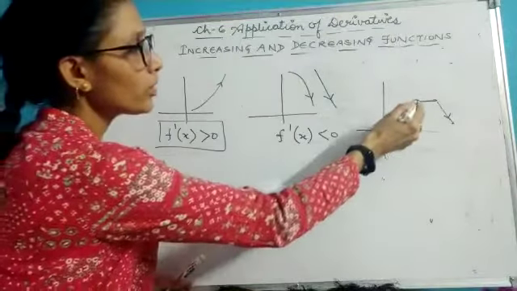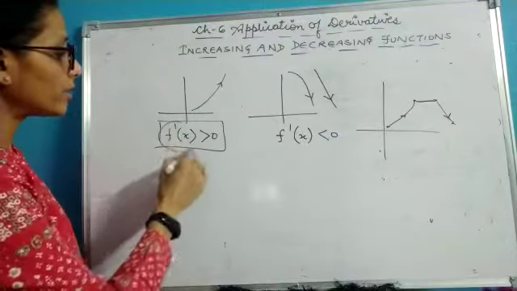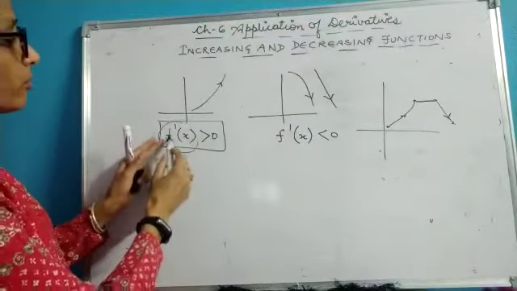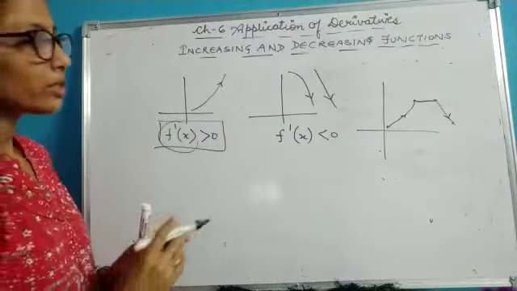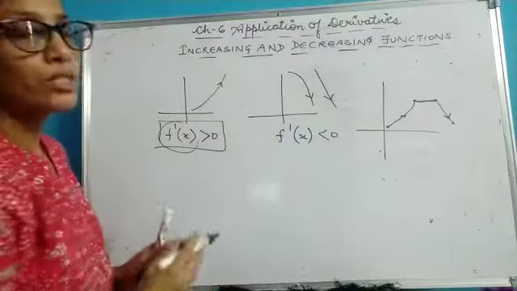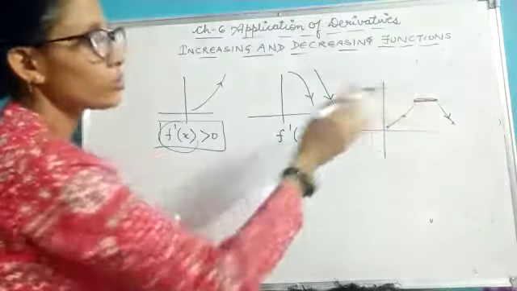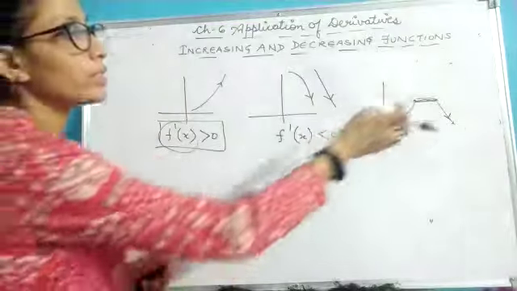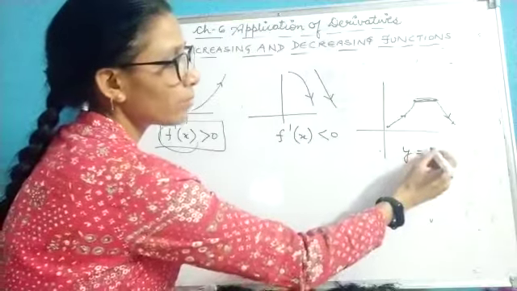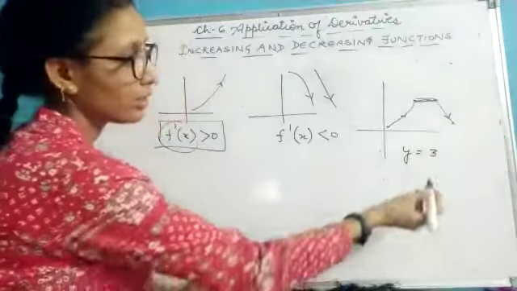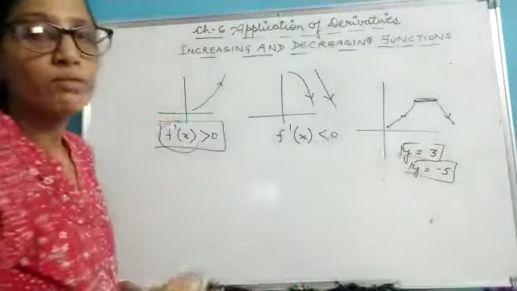So these are actually known as the critical points, and we can find the critical points by finding the derivative of the given function. If the derivative of the function comes out to be greater than 0, then your function is increasing. If your f dash x comes out to be less than 0, then it is decreasing. And if it gives you some constant value, then it is a constant function. A constant function can be written like y equal to 3, or y equal to -5. These are the constant functions which you have read in class 11.